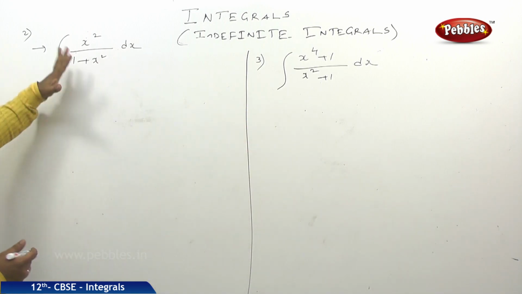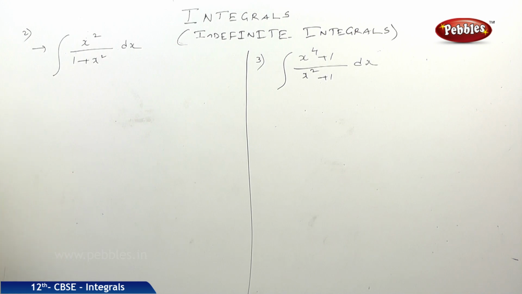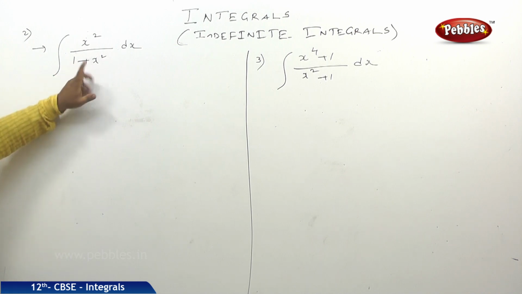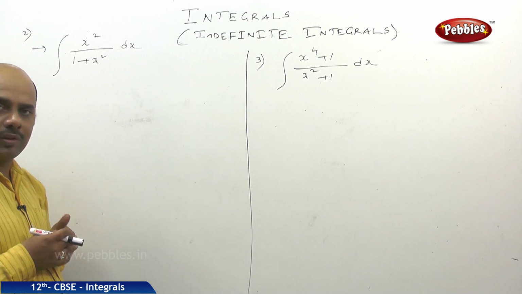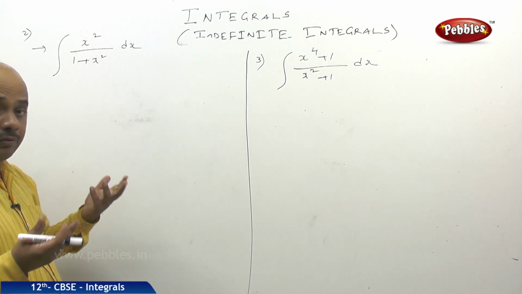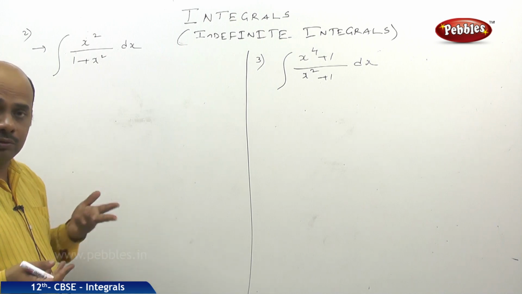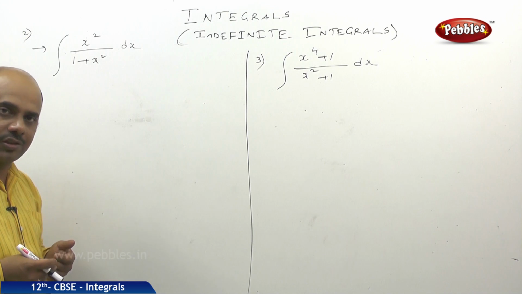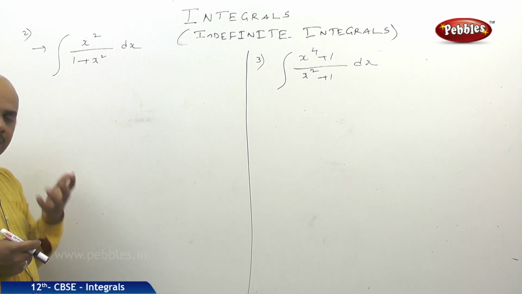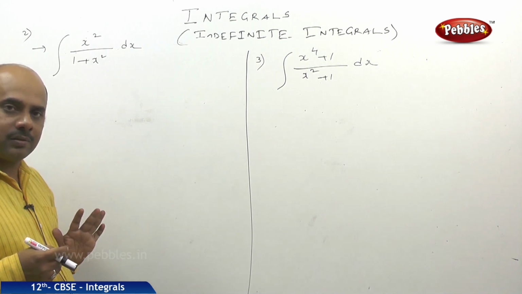Now, when coming to this particular function, if you observe carefully, integral of x square by 1 plus x square dx. There is no formula involved here, and we can't apply the u by v rule like in differentiation, because here we are using the concept of integration. So here we need to think a little differently.